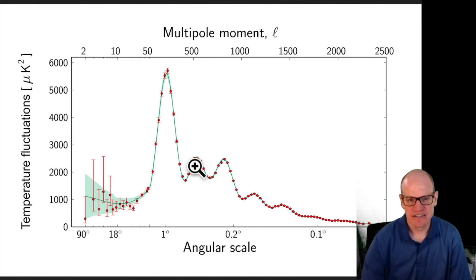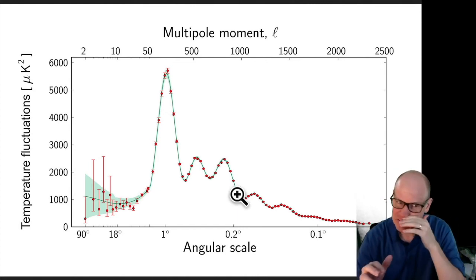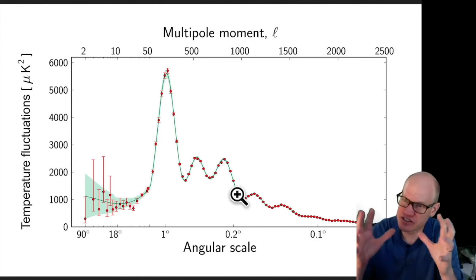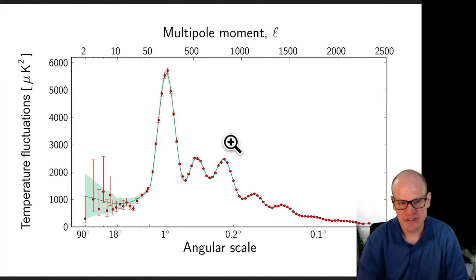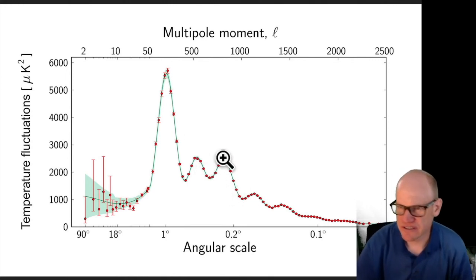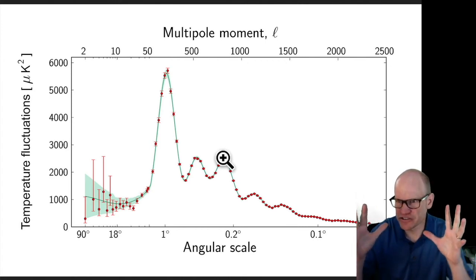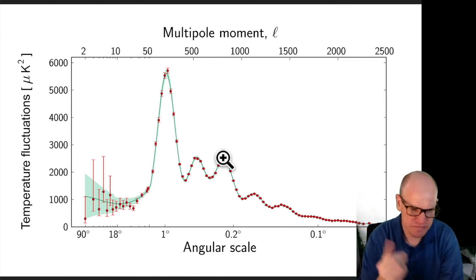The physics that goes into producing the model here is actually relatively small. It's sound waves in an expanding universe. You have to account for the fact that dark matter interacts differently than charged particles, and so that gives you the asymmetry, the reason the bumps don't decline uniformly, that the second one is shorter than the third one. I believe that's related to the fact that dark matter isn't electrically charged, and so it doesn't respond the same way that the regular matter does that's coupled to the photon.